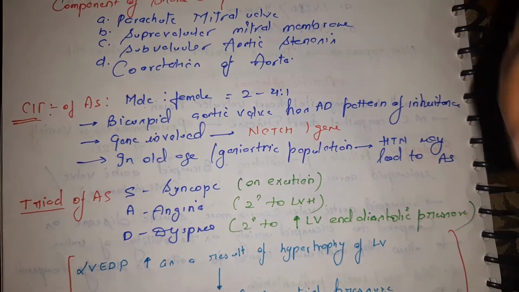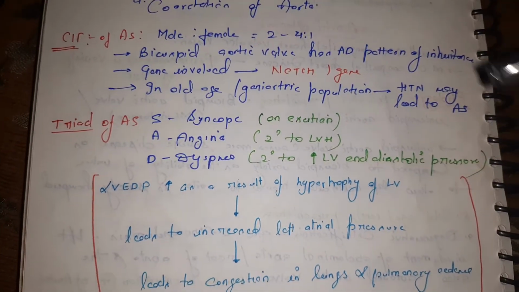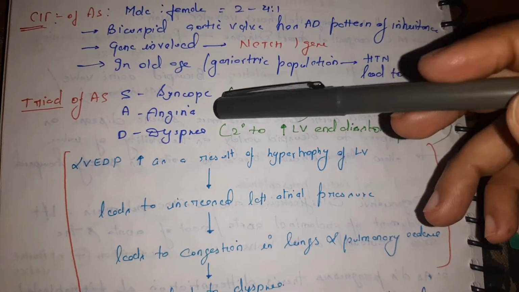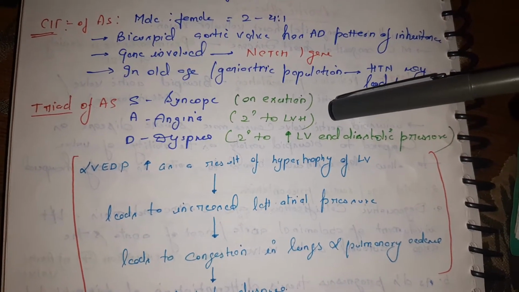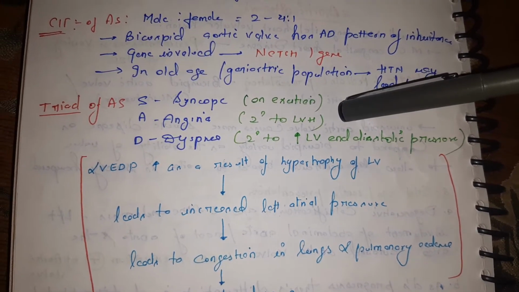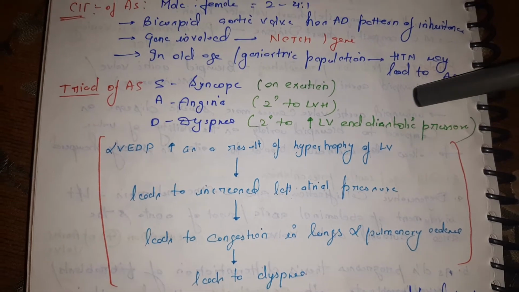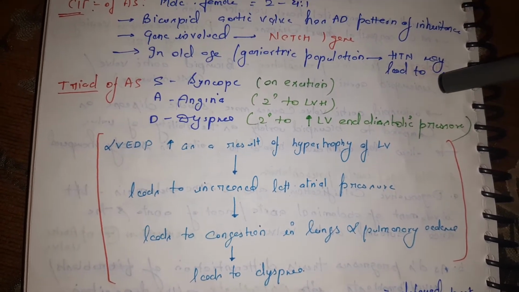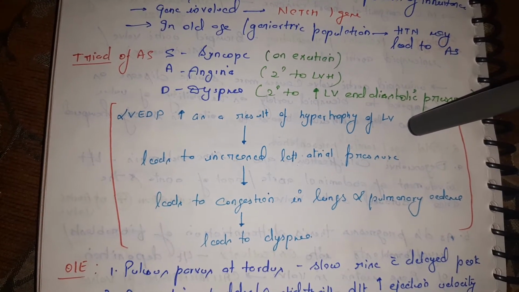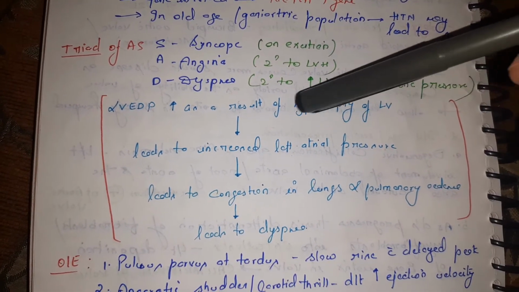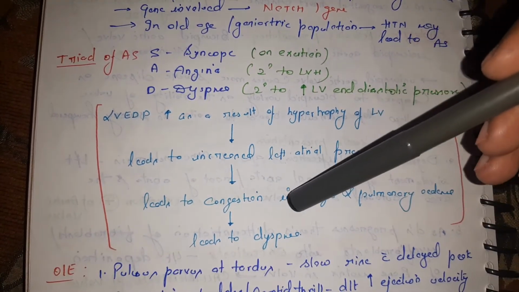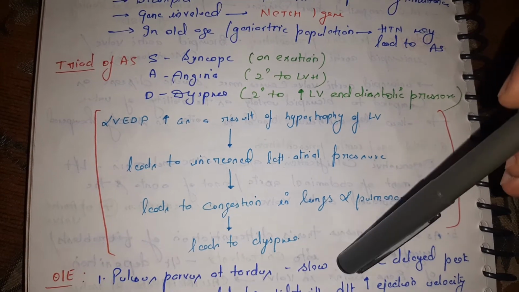There is a triad, the SAD triad of aortic stenosis: syncope, angina, and dyspnea. So syncope on exertion, angina secondary to LVH, and dyspnea secondary to increased left ventricular end diastolic pressure. So what is this left ventricular end diastolic pressure doing? It increases as the result of hypertrophy of the left ventricle. It leads to increased left atrial pressure, leads to congestion in the lung and pulmonary edema, and that will lead to